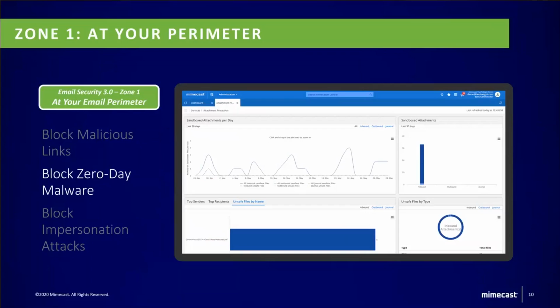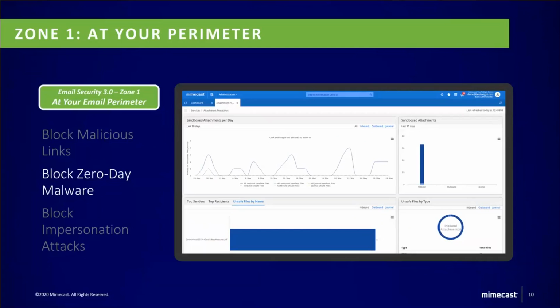Now, one of the key things that's different about Mimecast is this. On paper, there are plenty of vendors out there that are sandboxing. Sandboxing by definition just means that they're going to test something outside of your environment. So if you consider Mimecast or any other vendor out there, always ask the vendor, what kind of sandboxing do you do? Because on paper, we all tick a box and say we do sandboxing, but we need to ask what kind of sandboxing they do.